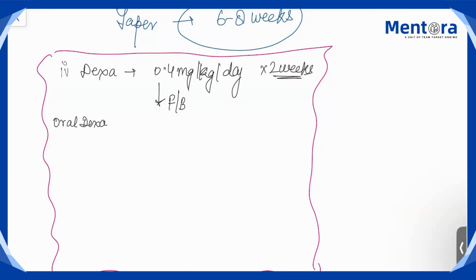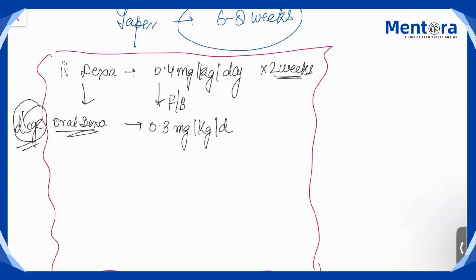So if a patient is admitted, continue with IV, and if he is being discharged after 15 days, then you shift him to oral dexa. So this will be 0.3 milligram per kg per day for next 1 week, followed by 0.2 milligram per kg per day for next 1 week,